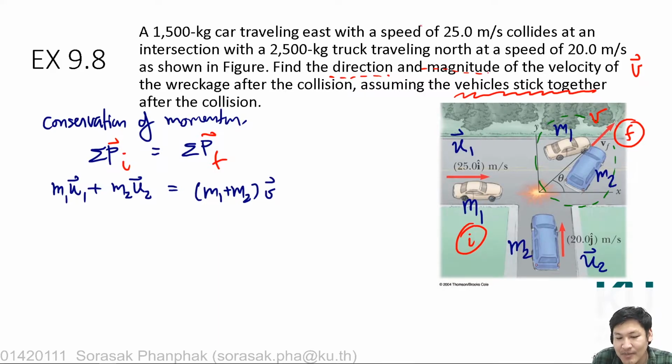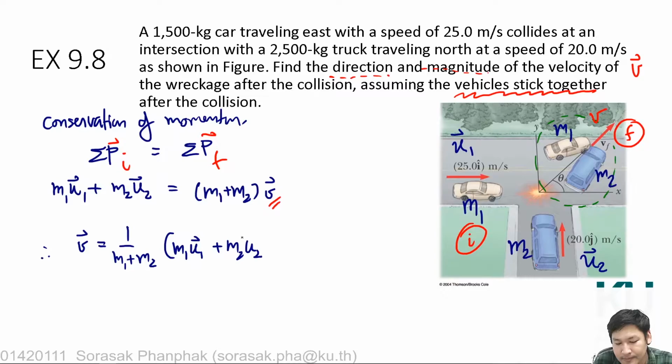We would like to determine the direction and magnitude of the velocity of the wreckage after the collision. So we can rearrange the terms. We would like to determine v, which is equal to 1 over (m1 plus m2) multiplied by (m1u1 plus m2u2),